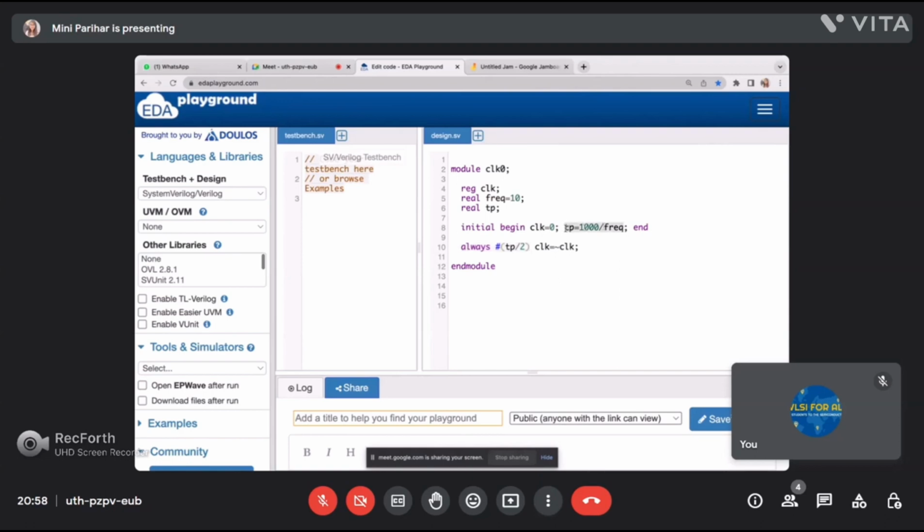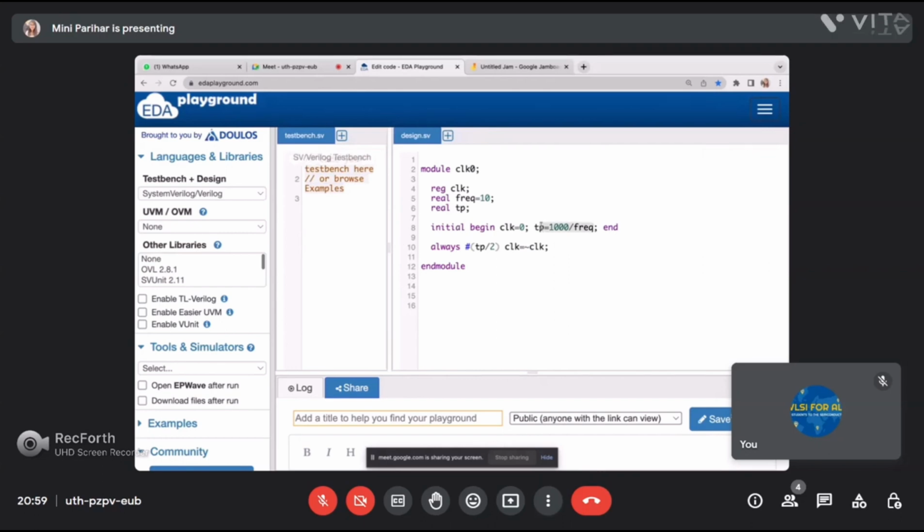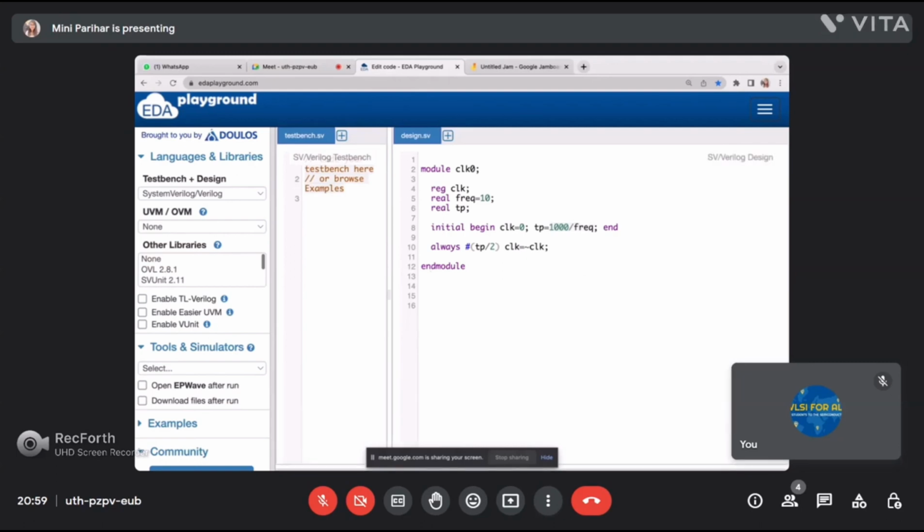I use this formula for taking nanoseconds and giving the frequency in megahertz. So you have to define it. Which frequency should this generate? 10 megahertz.